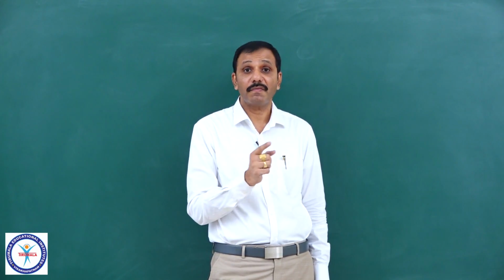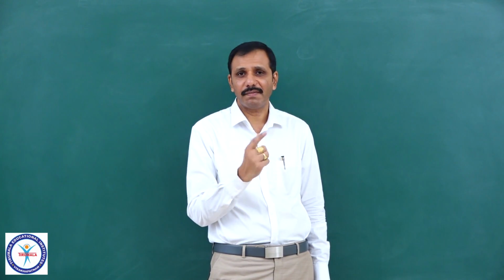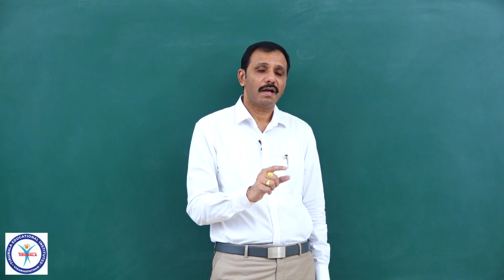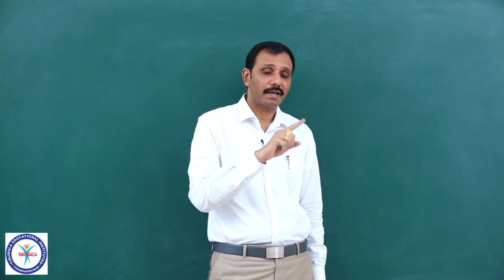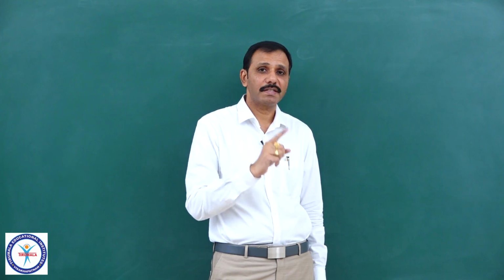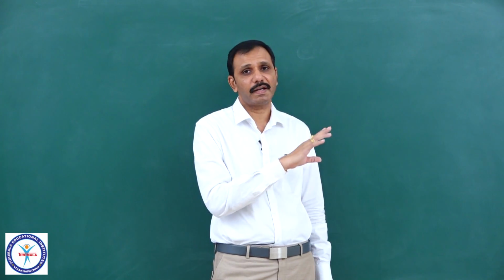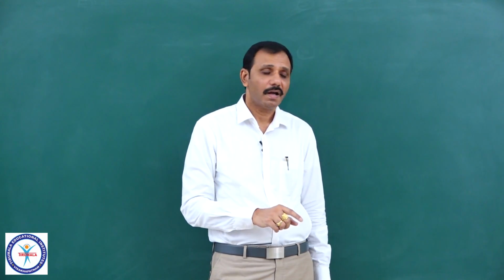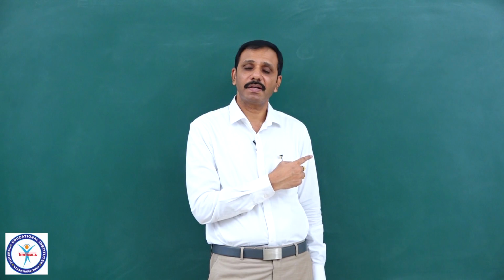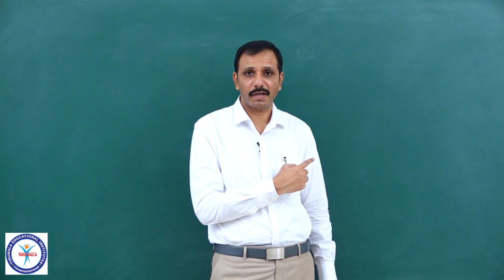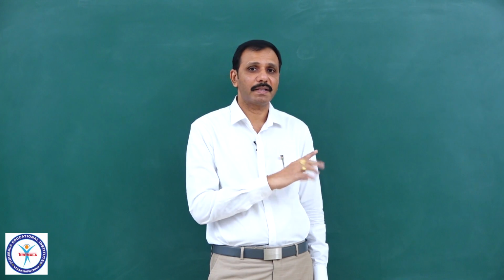And at last, for f of x by g of x, when the powers are even and odd, we saw how to find the intervals where that rational function f of x by g of x is greater than 0 or less than 0. We have seen all those varieties of problems and practiced so many, and I have given some problems for you. Hope you must have practiced all those, and the generalization of the wavy curve method I have also explained.